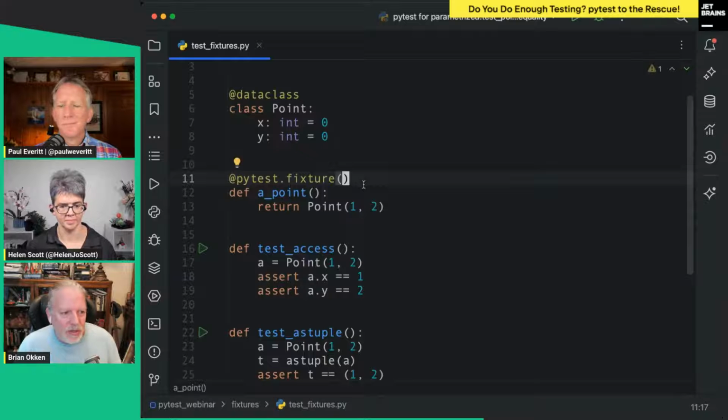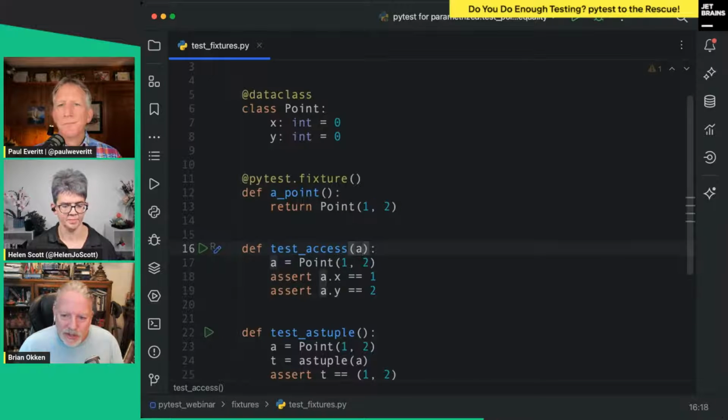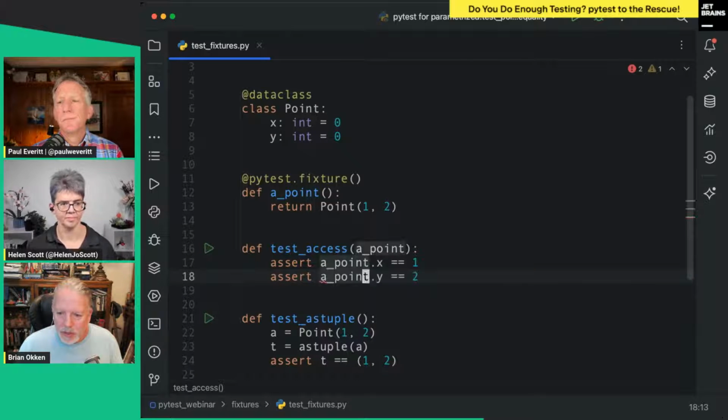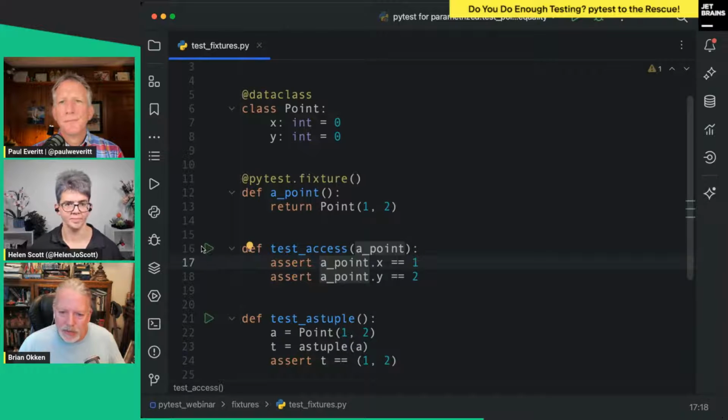So right here in the test, I give it the name of the fixture. So I say a_point, and I have to change all of these. I don't want to, but let's just do that anyway for now. And now we can run that and it'll work.